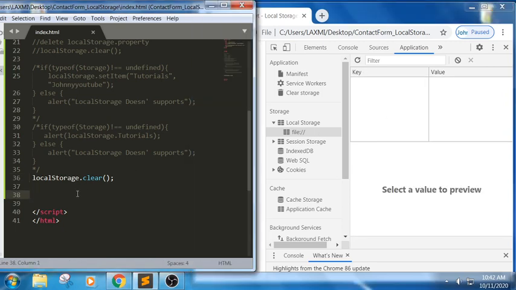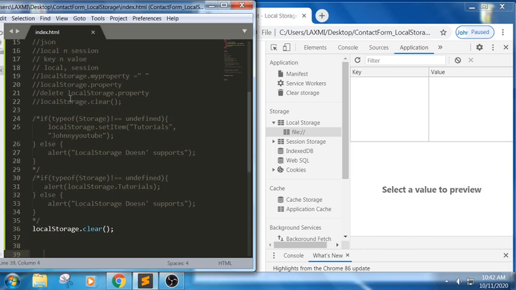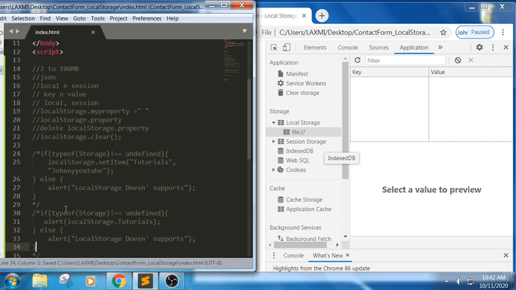So this is how the components of local storage work. First one setItem, next getItem, next clear. I haven't used delete because we have only one property. If we have 2 or 3 key value pairs, then we can perform the delete operation. Clear will remove the complete keys from this object, in the sense, complete elements will be removed from the key and value pairs. So this is how we have done with the basics of local storage.